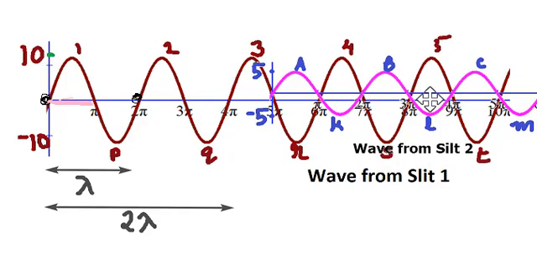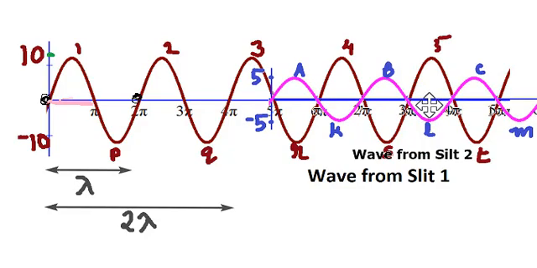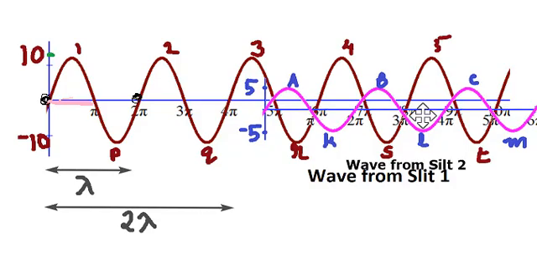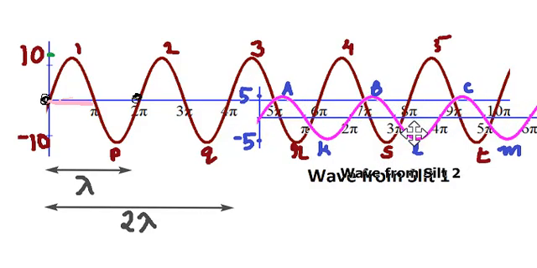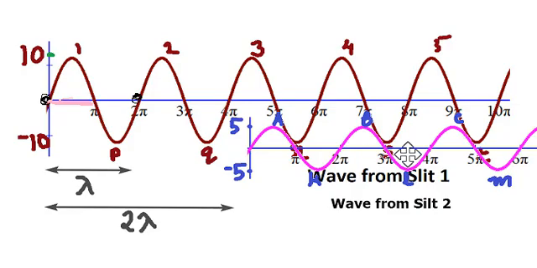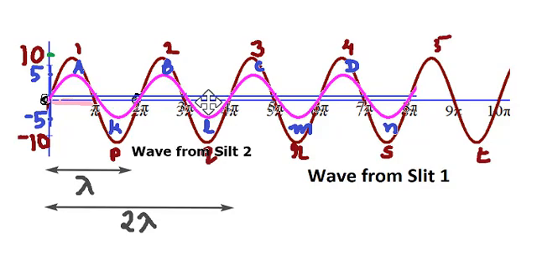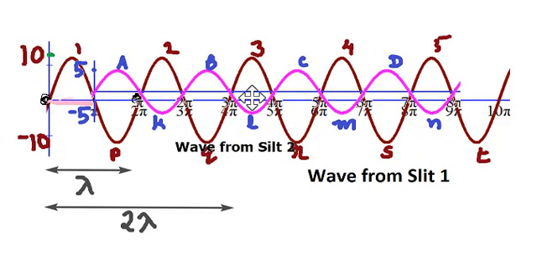What is the condition for maxima? The path difference delta x equals n into lambda. What is the condition for minima? The path difference is 2n minus 1 into lambda by 2. Odd multiple. That can be written in two ways: 2n minus 1 into lambda by 2 or 2n plus 1 into lambda by 2, depending on the value of n you give. When they are in the same phase, amplitudes get added, 10 plus 5. When they are in opposite phase, amplitude gets subtracted, 10 minus 5.